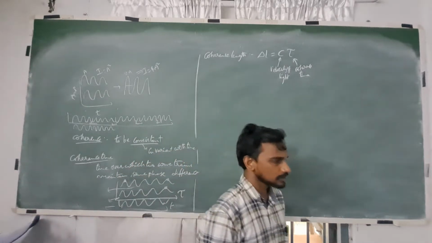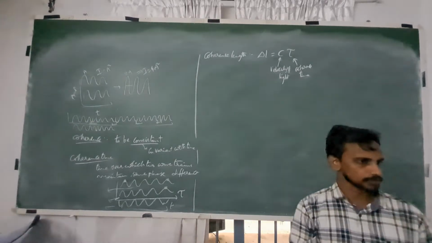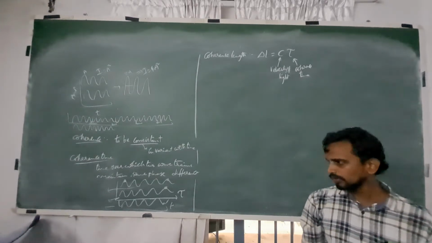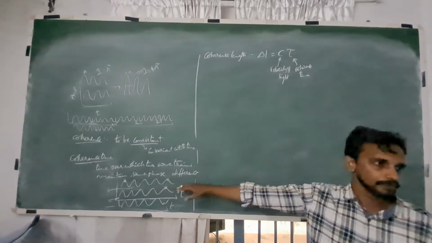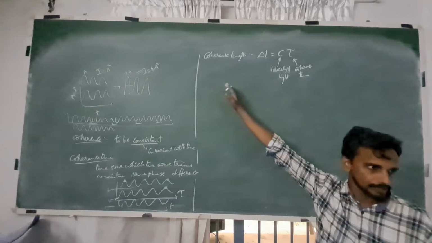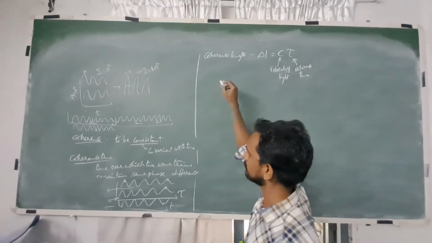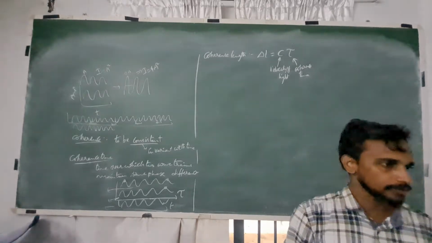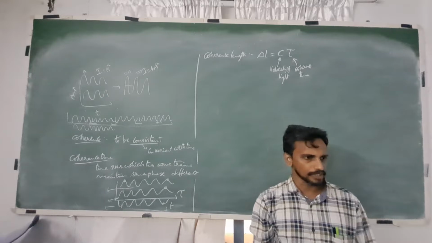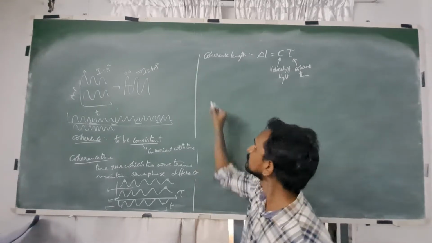The study of waves can be carried out in two ways, one as a function of time, another as a function of space. So, whatever variations that occur in time will reflect in space. So, the study of waves, I mean, this you might have seen already, but repeating it again. So, what is a wave, by the way?